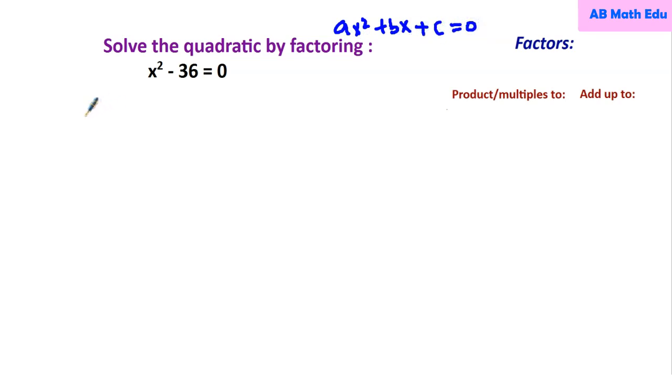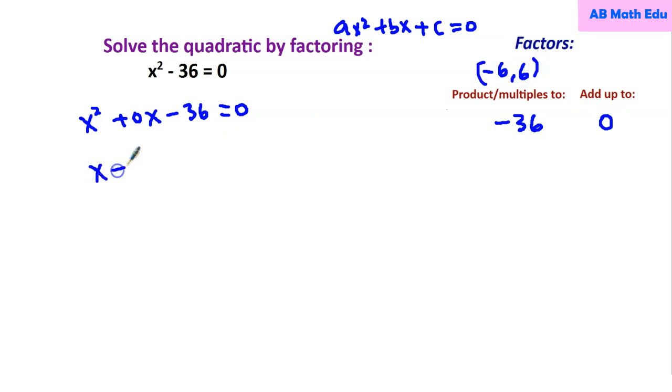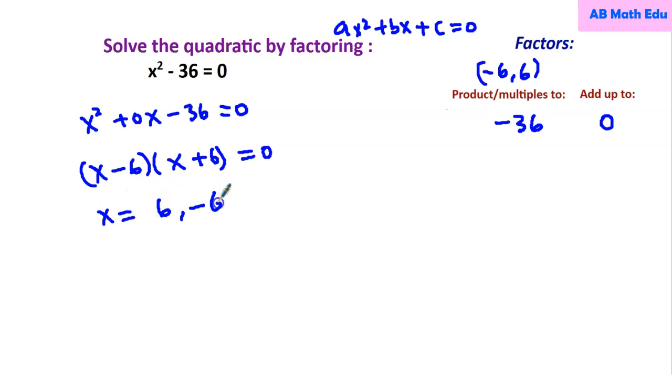And you get x squared plus 0x minus 36 equals 0. You're looking for two numbers that multiply to give you negative 36, and when you add, you have to get the middle number, which is 0. That is going to be negative 6 and 6. Once you see that, (x minus 6)(x plus 6) is the factored form,